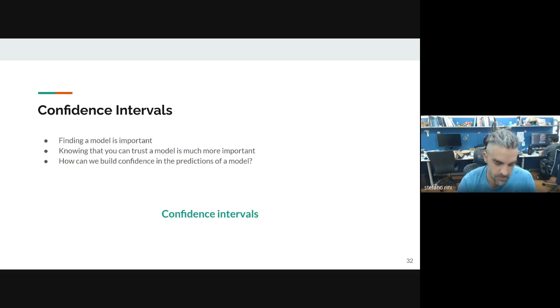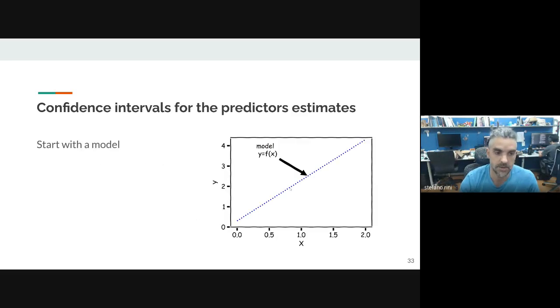If somebody comes to you and they ask you for $1 million and they tell you that they can predict the value of Bitcoin to within 10% of the actual value, then you are willing to pay a very large amount of money, right? So having a model is not important. Having a model for which you have a measure of reliability is what matters, okay? So models by themselves don't mean much. Reliable models are what we want.